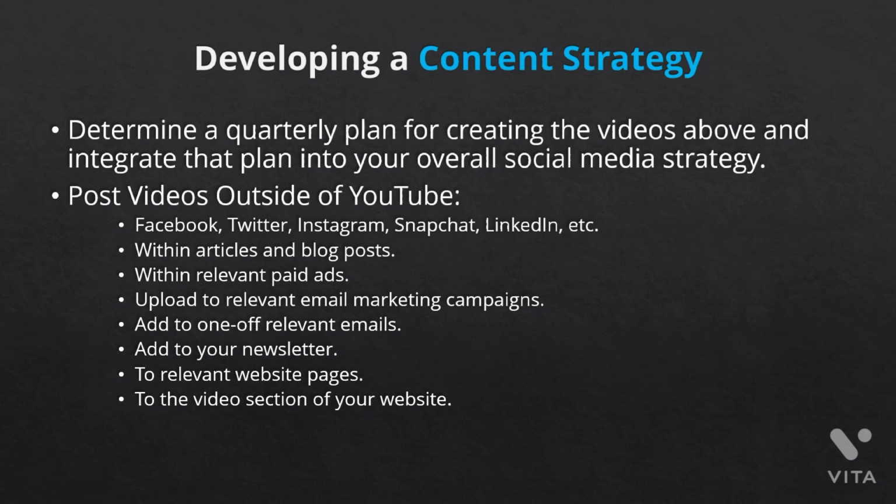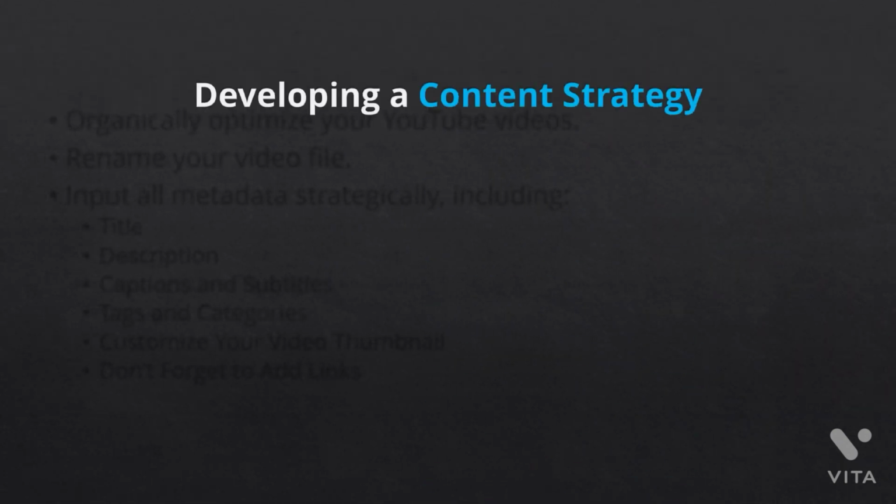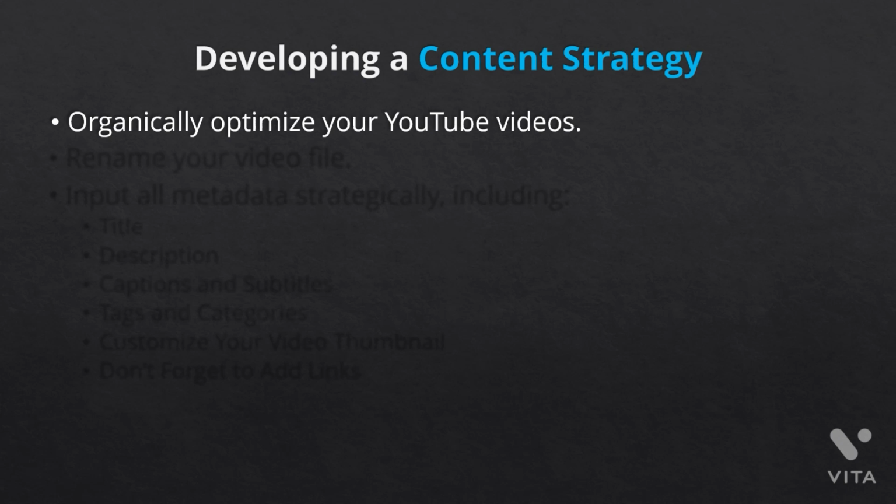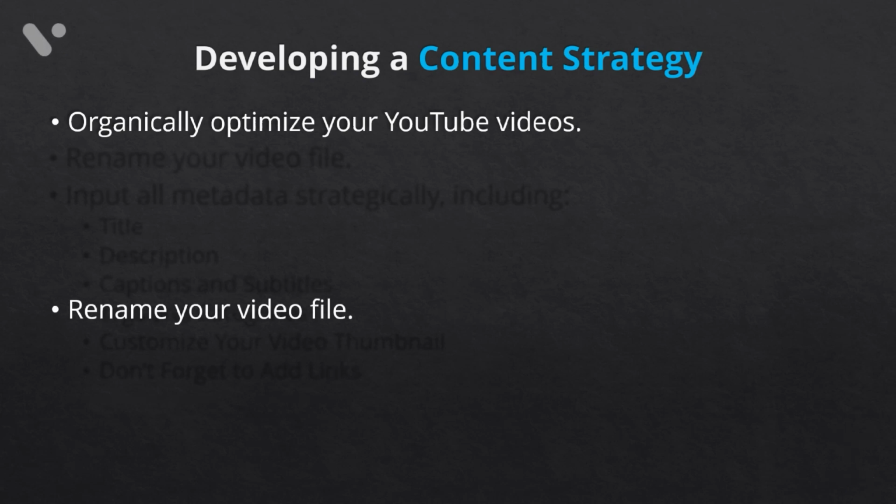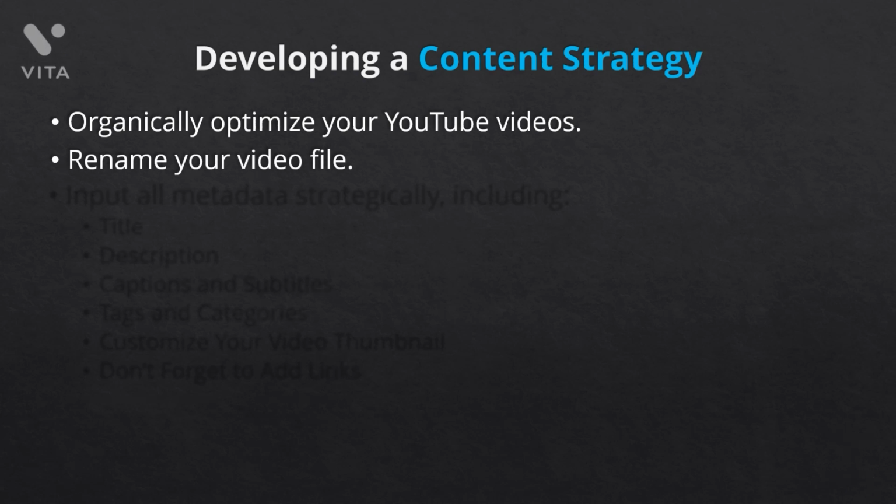Next up, organically optimize your YouTube videos. Before you upload a new video to YouTube, you must make sure it's organically optimized. This is similar to optimizing your profile image and banner as detailed earlier, but a bit more in-depth. First, there's renaming your video file. Before you upload your new video to YouTube, create an SEO-optimized file name. Use Google Trends or a paid keyword tool to name and save your video with relevant keywords. For example, you may be tempted to name your videos chronologically, but the perfect smoky eye is a better name than Makeup Tutorial number 12.